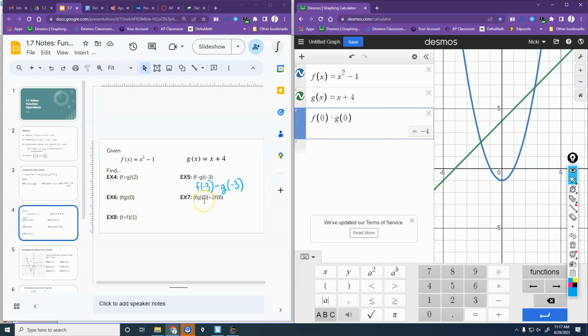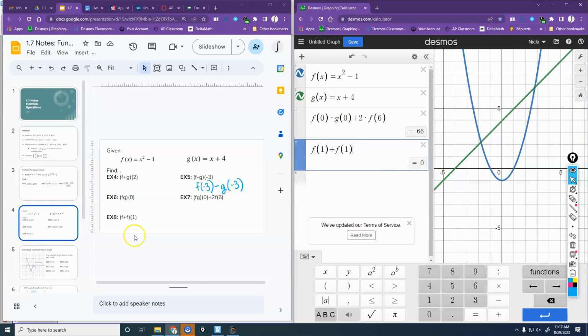Okay? 7 is complicated, right? I've got f of g of 0 plus 2f of 6. That's f of 0 times g of 0 plus 2 times f of 6. 66 is my answer there. Okay? And then the last one there would be f of 1 plus f of 1. 0 would be my answer for that. So you can use Desmos for this, or you can do these by hand. So we will